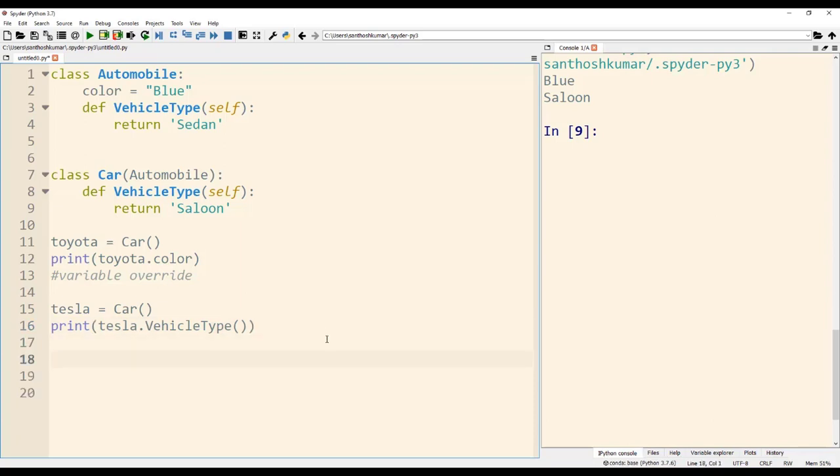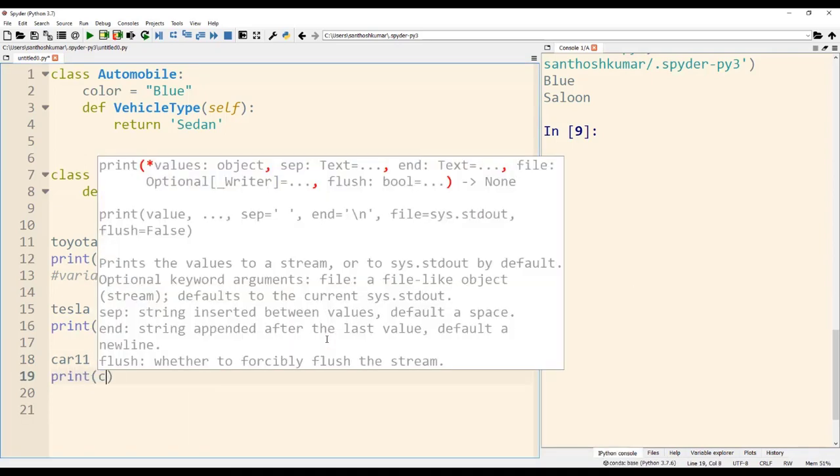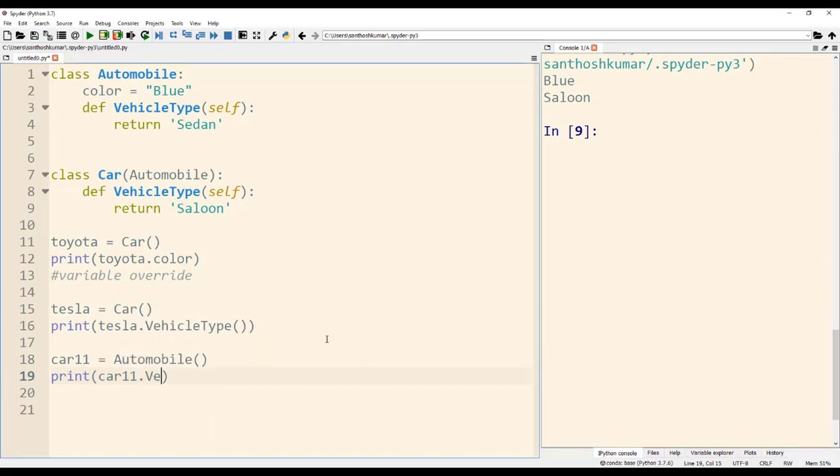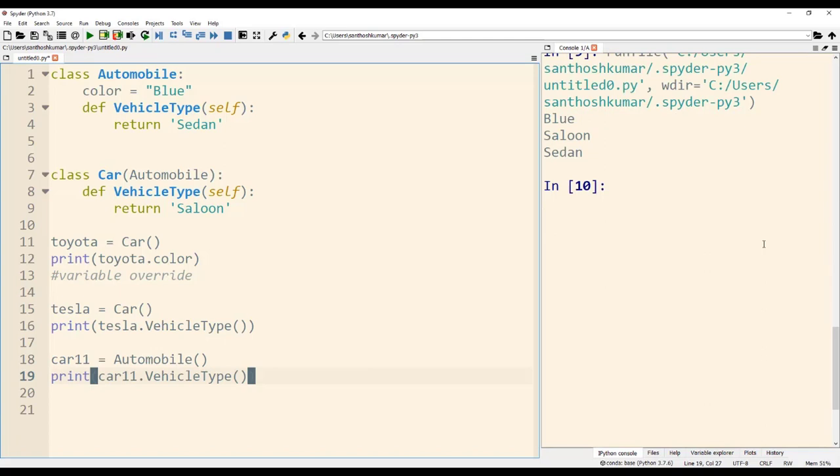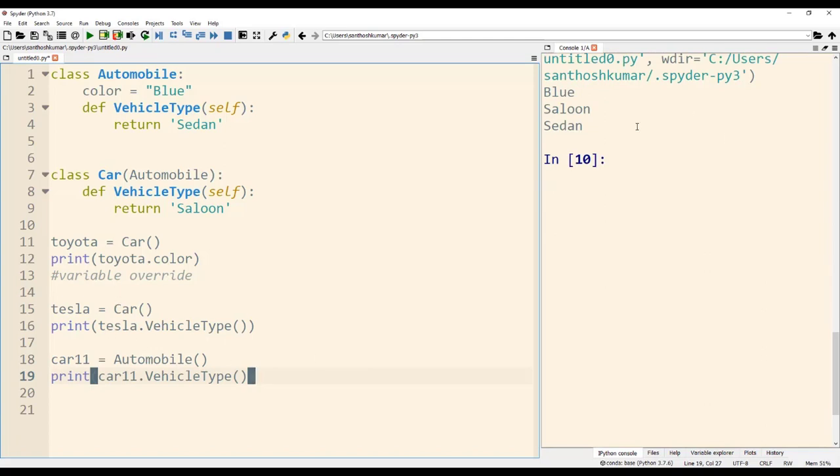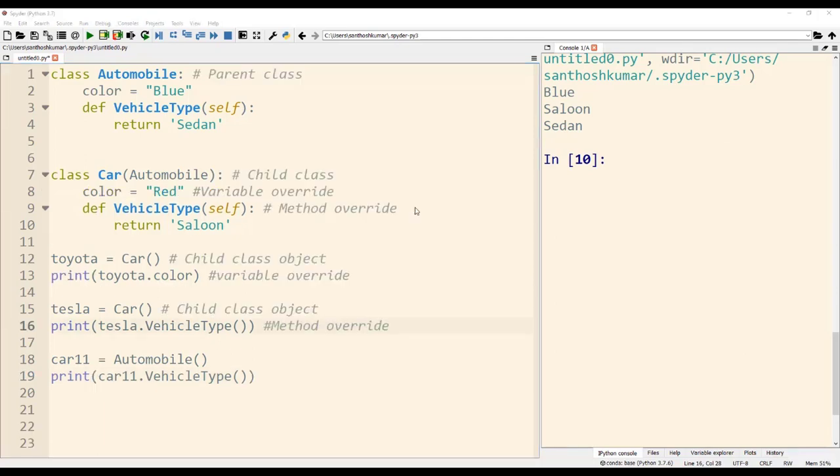So here I am declaring another object car11, assigning it to the automobile class, and in line number 19 I am printing car11.vehicle type. When I run this code, you can see the additional line sedan, and this comes from the method in the automobile class. So this is the example of method overriding.